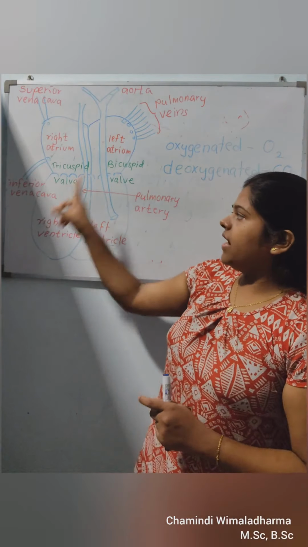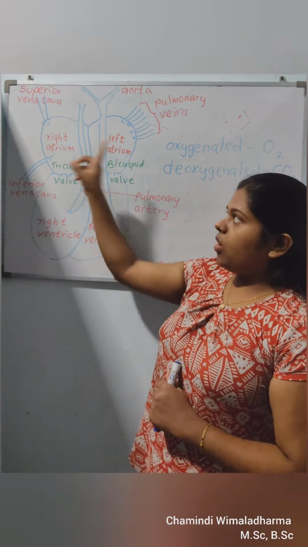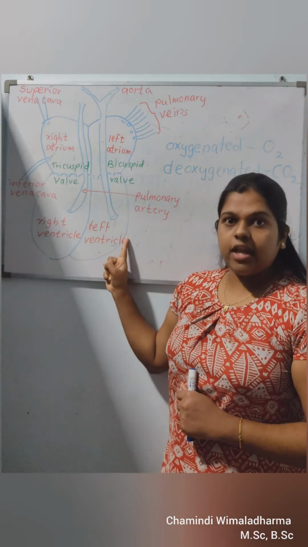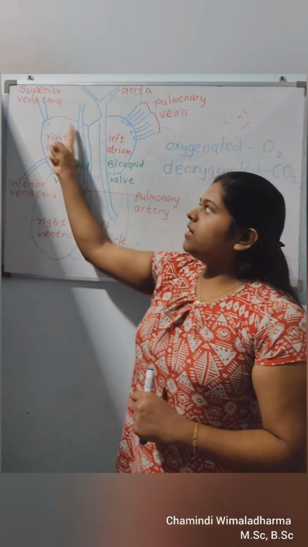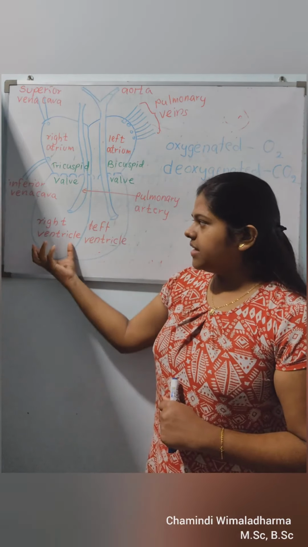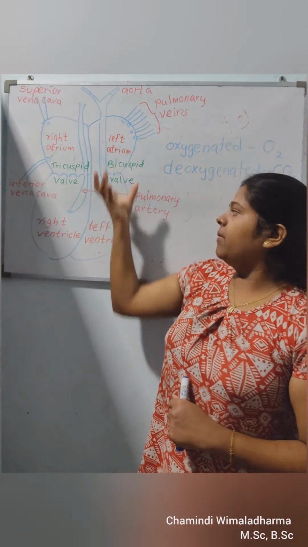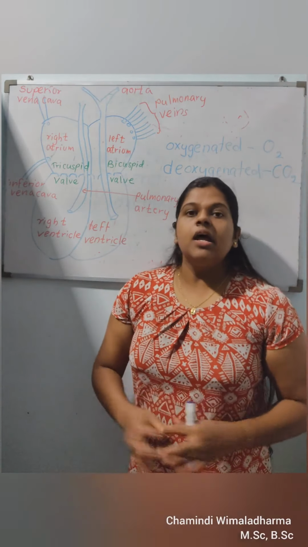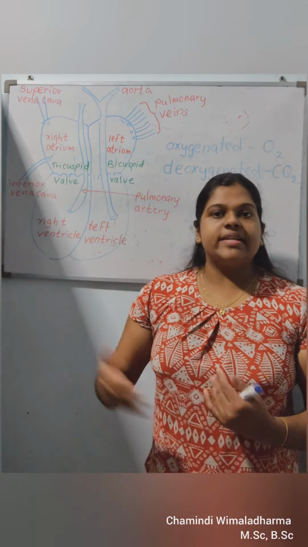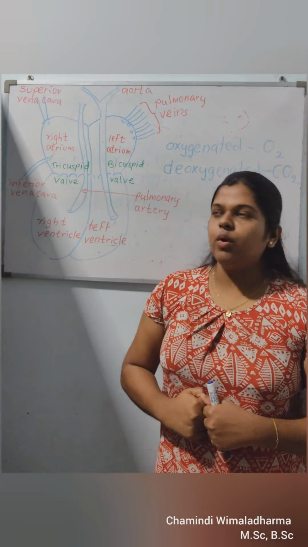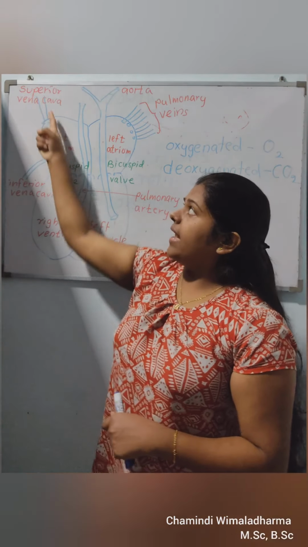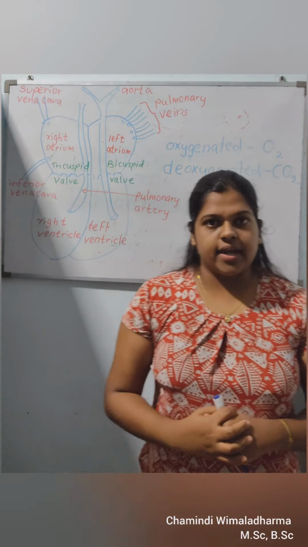Our heart is mainly divided into four chambers. They are known as the right atrium, left atrium, right ventricle and left ventricle. In the right atrium, the blood gets collected and then comes to the right ventricle. Again, blood is collected in the left atrium and comes to the left ventricle. Now we will discuss the order of travelling of blood inside our body. First, you can see a vein known as the superior vena cava.